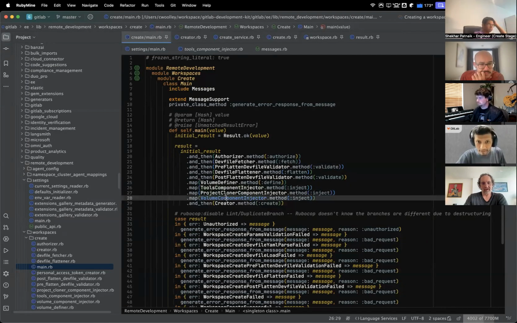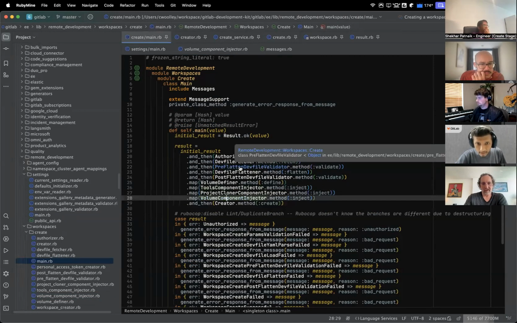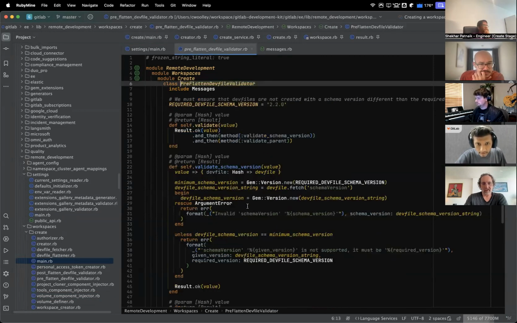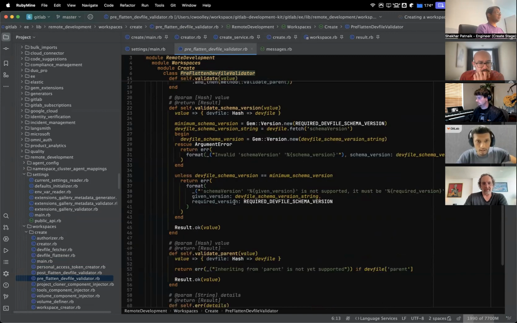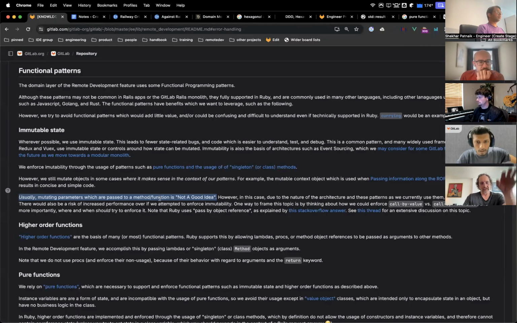I think the def file fetcher pre-flattened valid should process something. Def file fetcher should give you something. It gets the file from Gitly and puts it into the hash object. But the point being, you can mutate this single hash that's getting passed along the chain. And Dylan brought up the point that it's not a good idea to mutate your arguments. And yes,